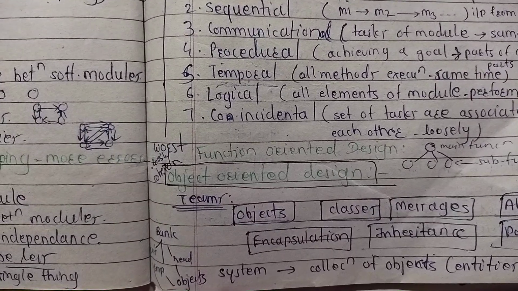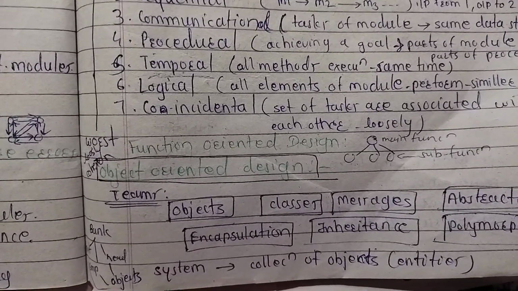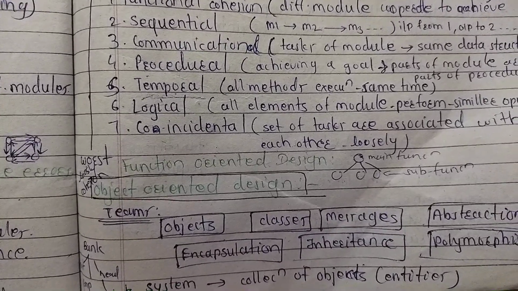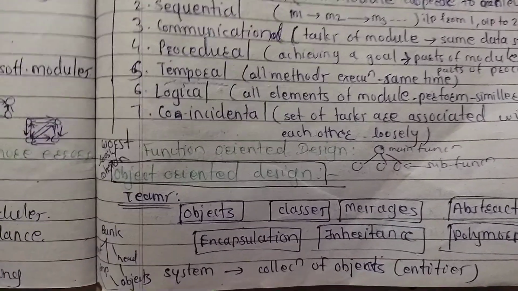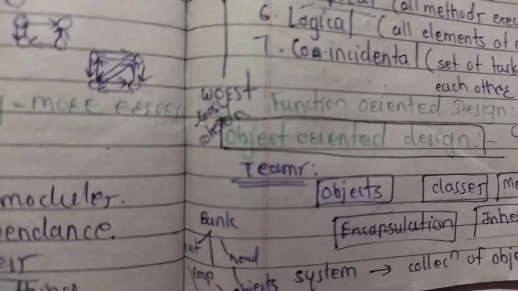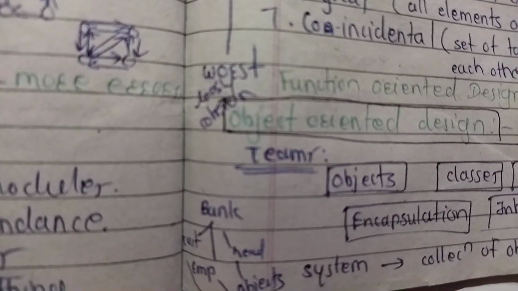Object oriented design consists of terms like objects, classes, messages, abstraction, encapsulation, inheritance and polymorphism. Now our system is nothing but a collection of objects or entities. For example, a bank is a collection of customer, employee and head objects. Okay. Next